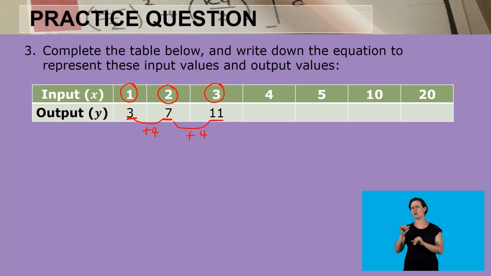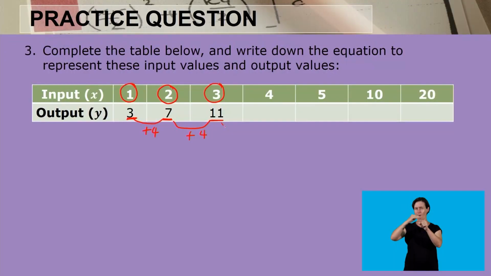We can conclude that if we need to get to the 4th value, where 4 was the input value, we can get to that output value by just adding a 4, because as we can see, they are still those consecutive terms. So when we add 4 to 11, that is going to give us a 15. And again, the next input is a 5, which is consecutive because after 4, it is 5 on our number line. So we are going to again add 4 to our 15,